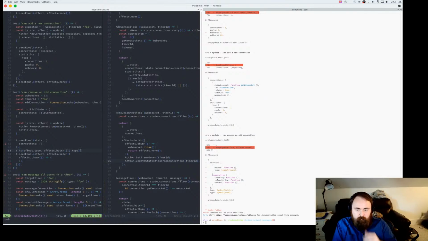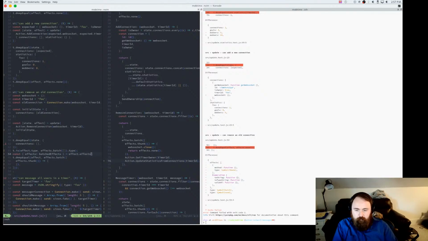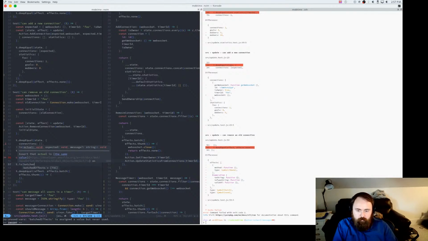So we know it's a batch, and we know it's going to be three things: a thunk, and set timer owner, and then update statistics. So if we did const batched effects as effect.effects, t.is batched effects 0 type is going to be effects.thunk